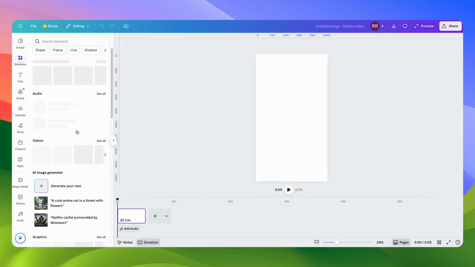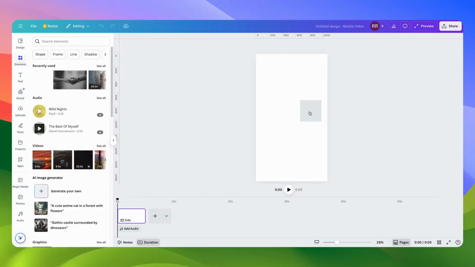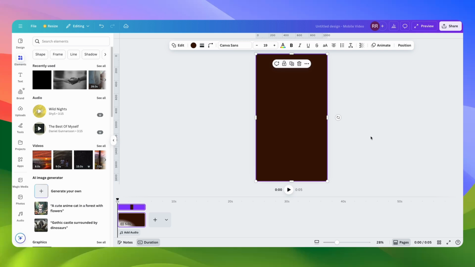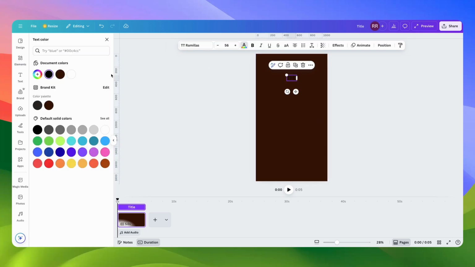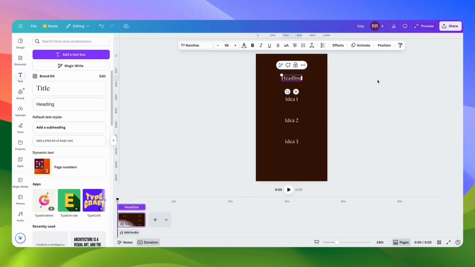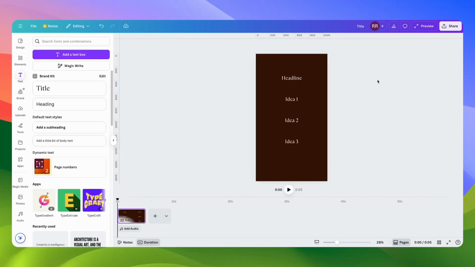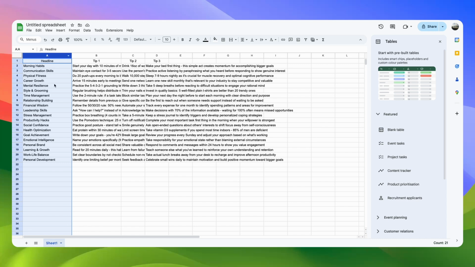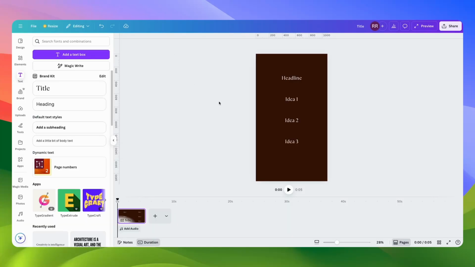I'm going to add a simple background for now. You can replace this. So this is a placeholder. You can replace this with your own branding video. I'll just change the color and I'll duplicate this. And I'll rename this as idea 1. I'm going to rename this as headline. Okay, so now we have our base, what we have created in the spreadsheet. I'm also going to rename this as Betterman Tips. Coming back to Canva,